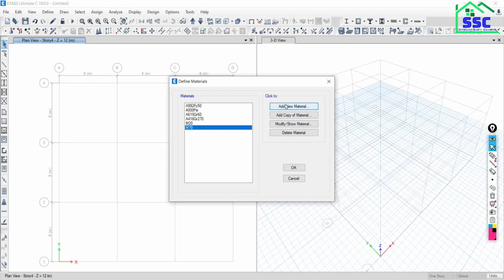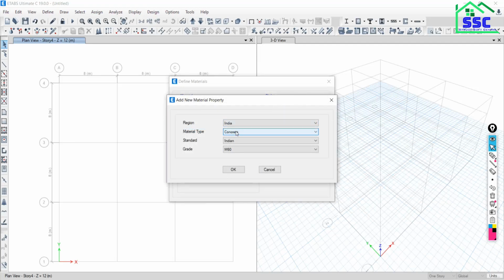Then add a new material property. Now we have to define the rebar. Sometimes we call it steel, but the more right term is rebar, for the reinforcement. So here, when you click on the materials, steel, concrete, aluminum, cold formed, many things are there, but steel is there and rebar is there. Steel is for your steel structure, mild steel, and rebar is your reinforcement. So select rebar, don't make the mistake.